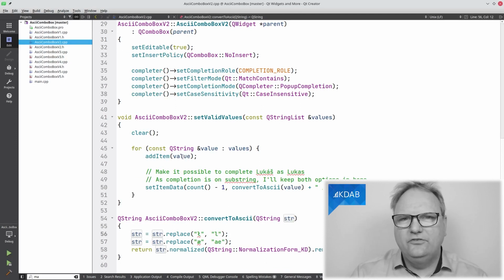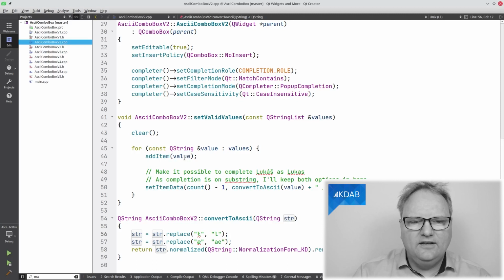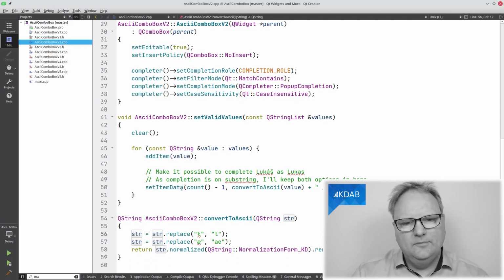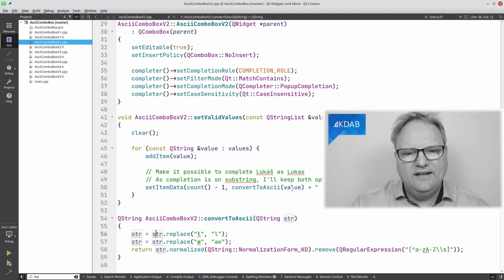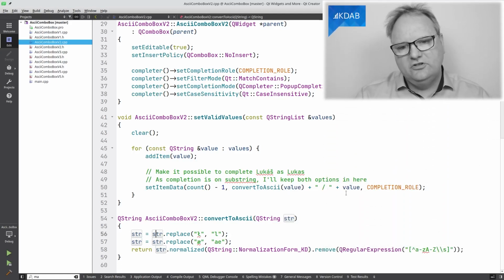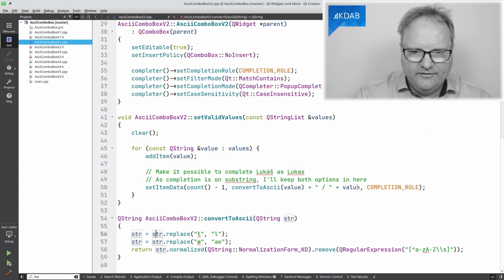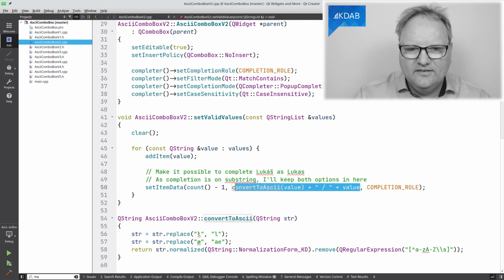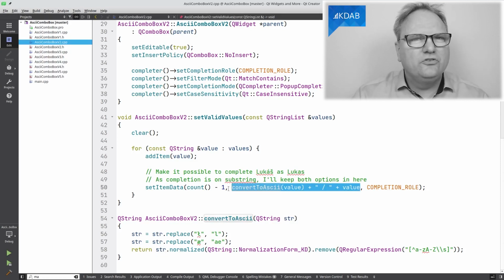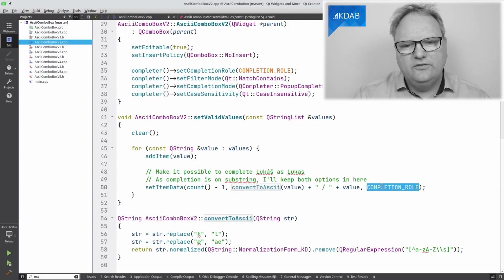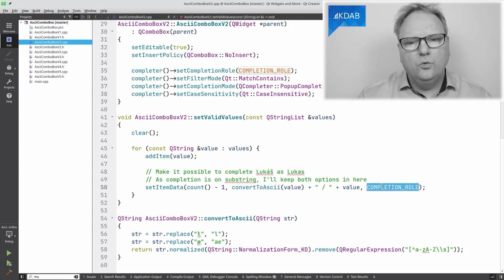That is just a regular string that you see on the screen that is added here. And then I say set item data for the last item, convert to ASCII plus slash plus value, whatever this here is, that is the completion string to match against, because you can see that I say this is the completion role.